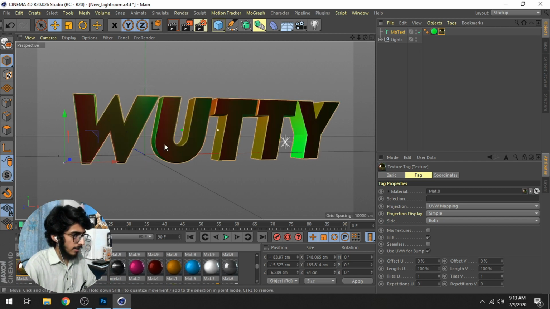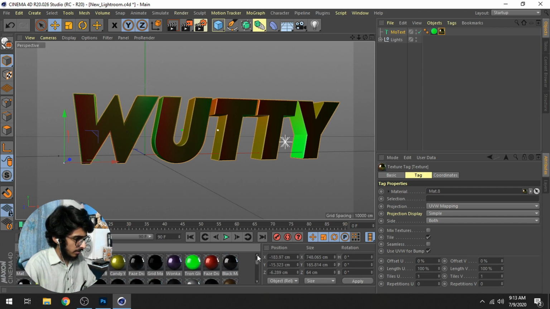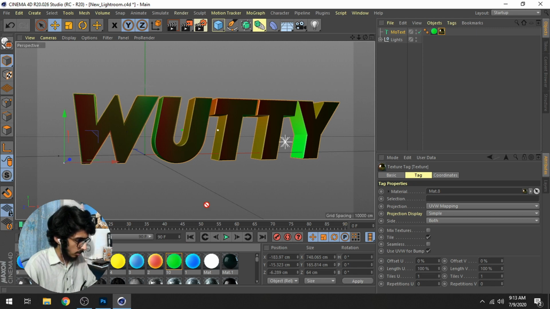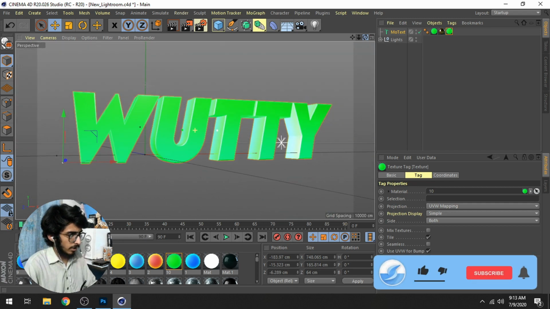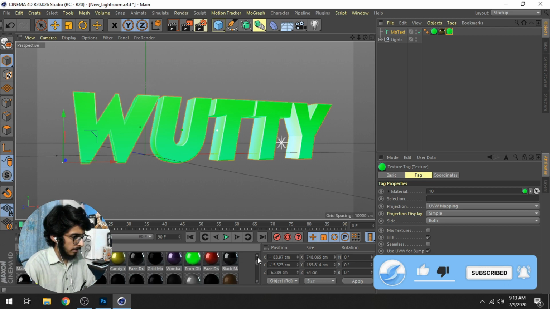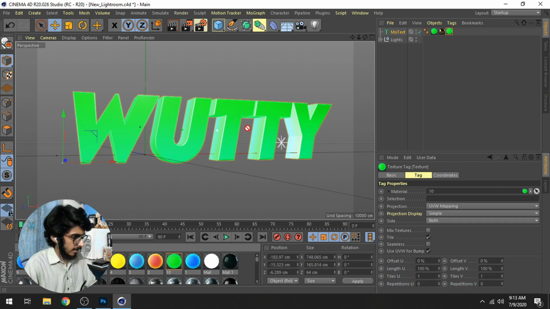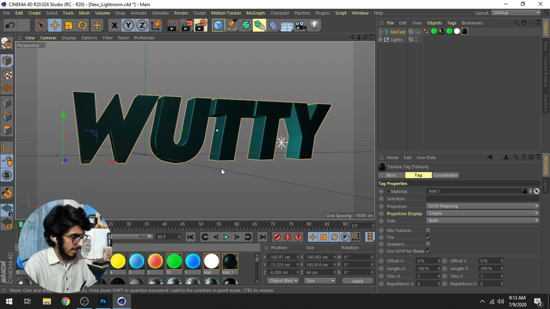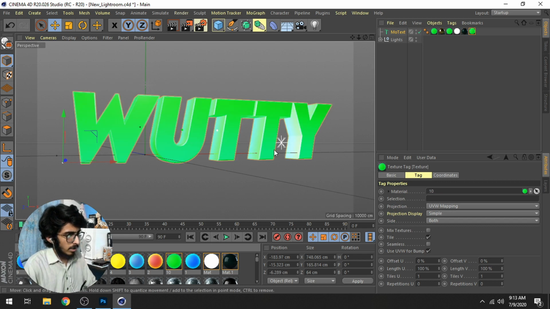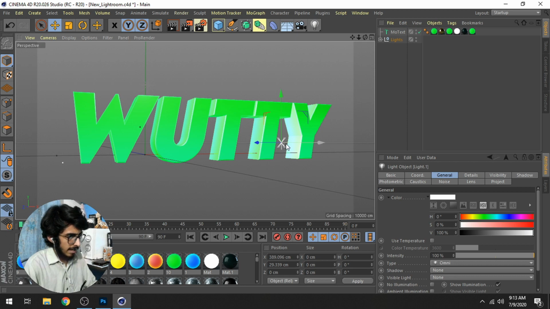This does look like a matte green, but I believe that the first green that we used would actually go good like this. So it's giving a good look. But what we can do, to make this whole thing better, is add in this white color instead. And then let me experiment with black. I don't think so, I'm gonna go with the green one, and let me just adjust the lights similar to the way that we